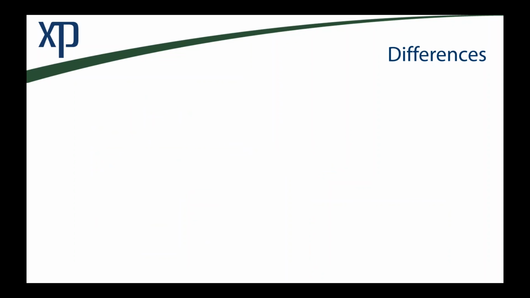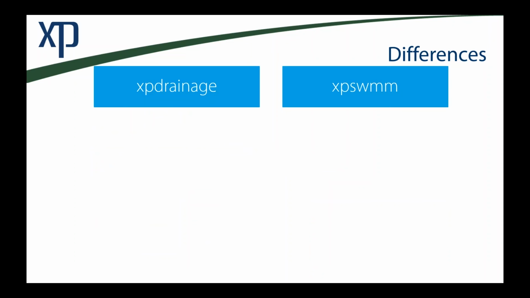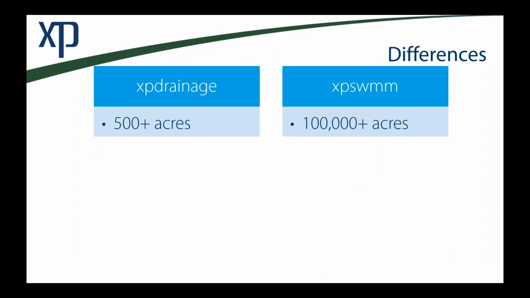So I'm going to try to focus on some very specific differences between the two packages. Hopefully this is clear. So XPDRAINAGE and XPSWMM. Basically, because of the way we design, we aren't going to design something that's 1,000 square miles, right? We're probably going to have a development that's anything from half an acre, just a one-lot site, up to a few hundred acres. That is the kind of item we are going to design. So that's why the software really caters to that size of development. So this could be retrofit, this could be new development, but that's really the scope at which we're operating in